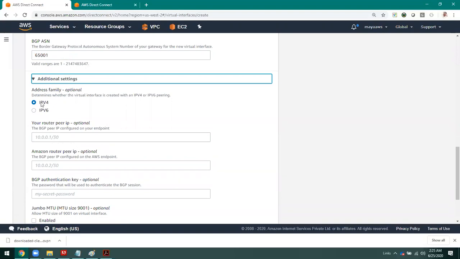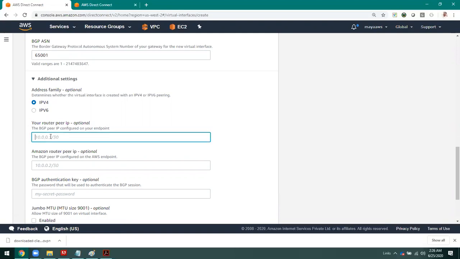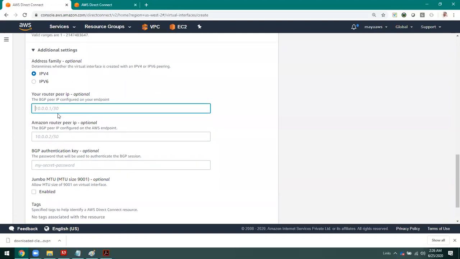Now I'm going to advertise my IPv4 setting. Here it asks for your router peer IP and the Amazon router peer IP. I'm going to give the required details for the VPC subnet where my peer IP and the Amazon router peer IP are located.